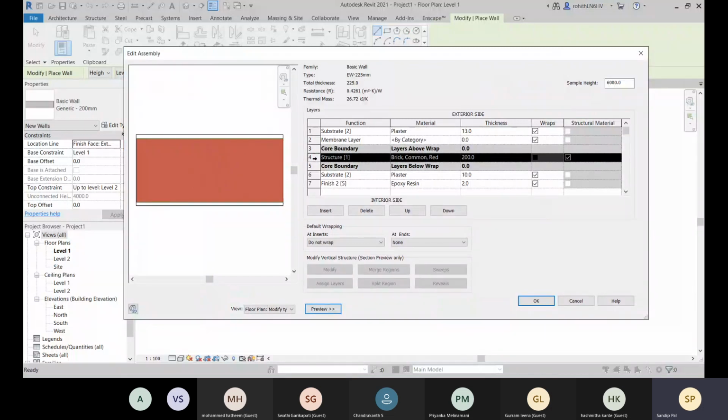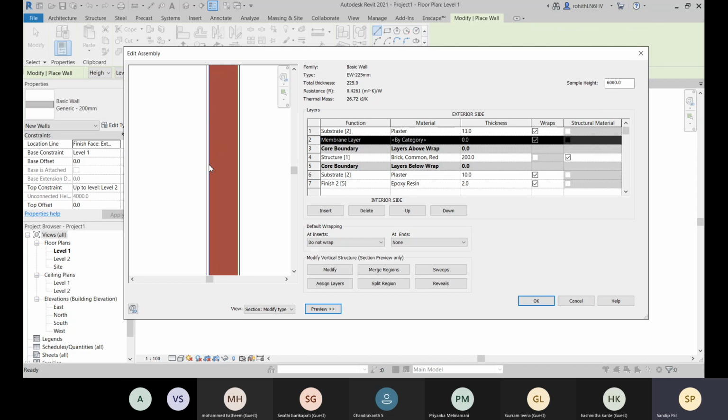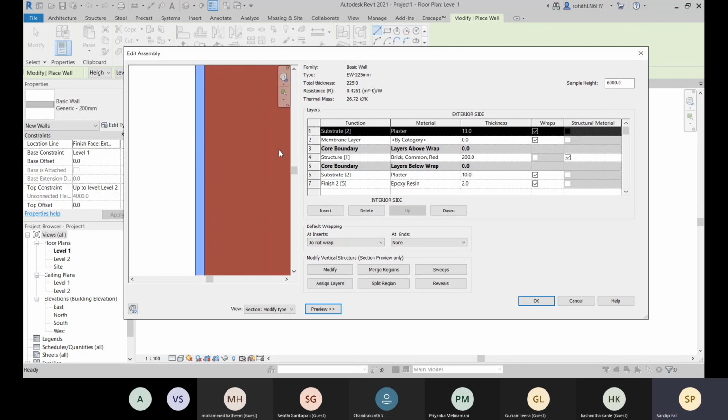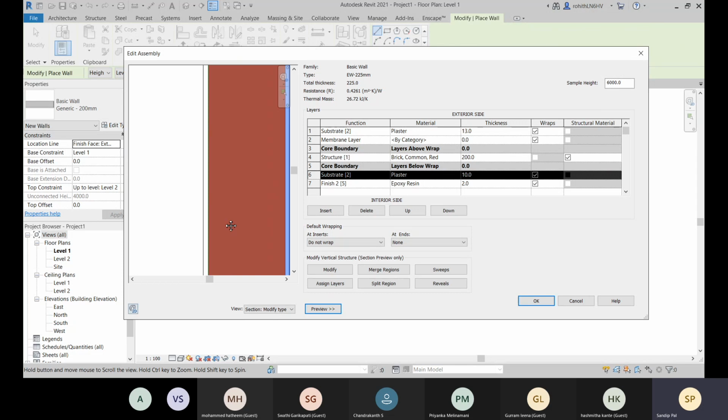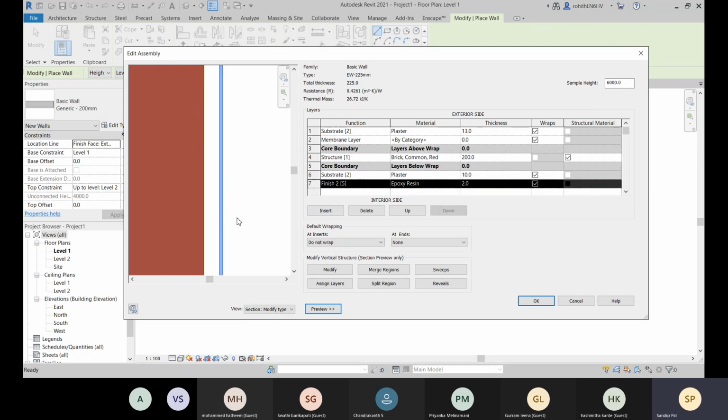This is the core layer. You have it in plan view. If you want to check it in the section, when you select this, it will be highlighted in blue. This one is the membrane layer, this one is the substrate, and this was the finish.